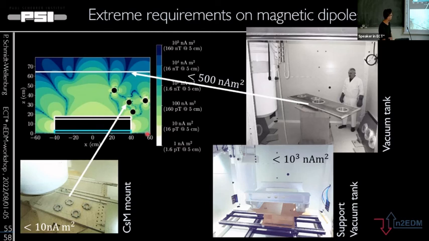And you see here, these are very small fields of a nanoamp per square centimeter. This means something like a few picotesla in a 5 centimeter distance measurement. And we measure that with the squid systems. You see here the squid system. We see here a part of the aluminum tank, and this is up here. So this should be smaller than the 500 nanoamps per square meter, which corresponds again to some nanotesla in 5